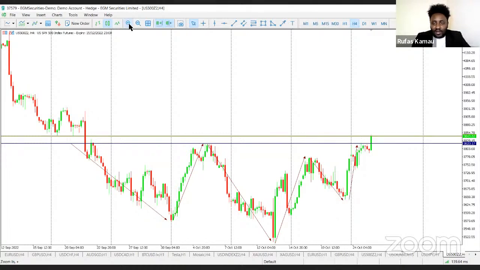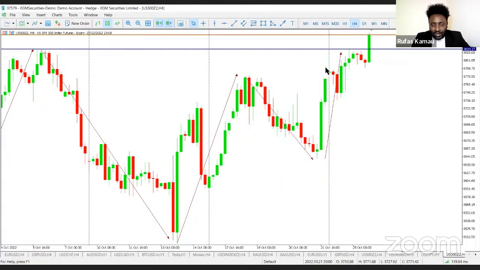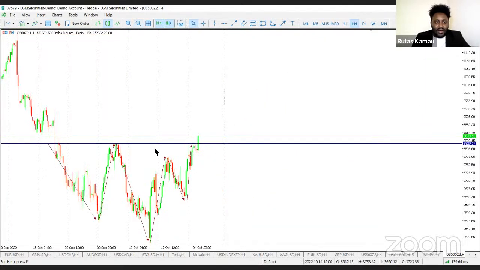Early in the morning, I remember sharing these. I think I did this on Twitter. This particular resistance was holding quite well, basically indicating that if the market breaks this level, then it's confirmation of a reversal. And with the confirmation of a reversal, now we expect a rally in the S&P 500, especially as we approach the midterm elections. This would be the continued theme for the rest of the week, where the US indices or equities continue rising against the dollar up until the election. And then from there, we'll see a way forward.